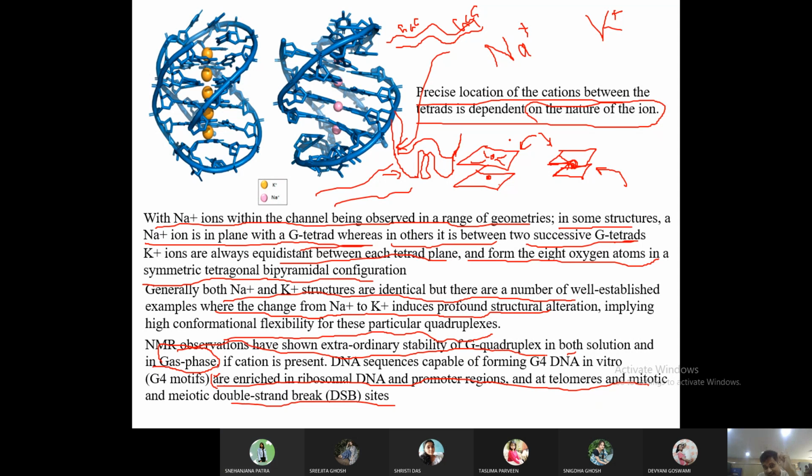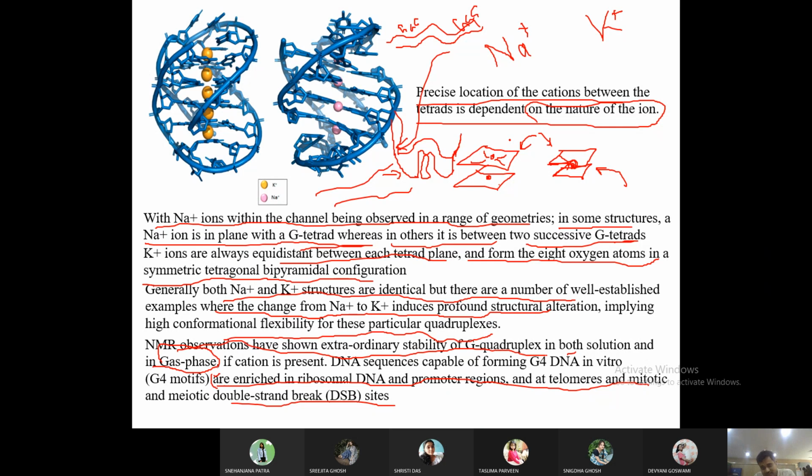This question was asked of me by your ex-VC sir in my MSc viva. I told RecA. So he told me, are you excited all the time? RecA also binds, but RecA binds when there is a problem, that is, when DNA gets broken or something like that. At that time, RecA stabilizes single stranded DNA. In the general physiological condition where there is no emergency inside the cell, SSB binds.